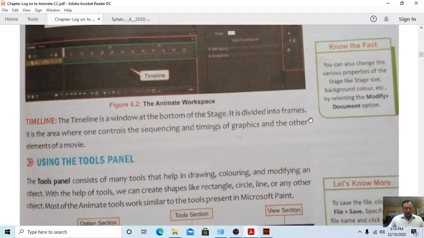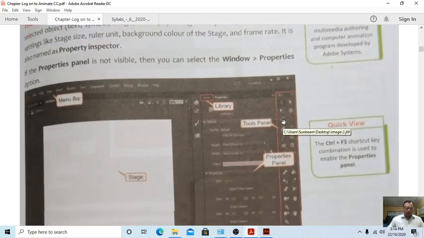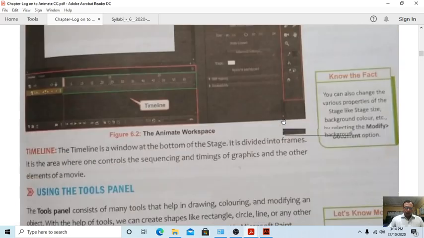Timeline and properties. We have discussed the properties inspector, the Window menu and the Properties option. Why is the Window menu useful?